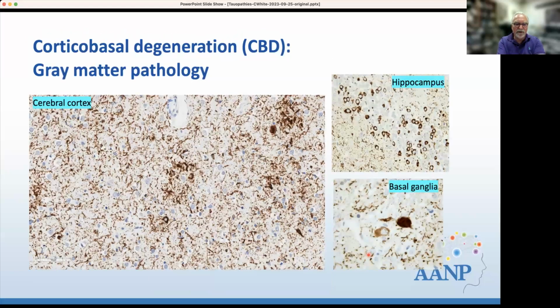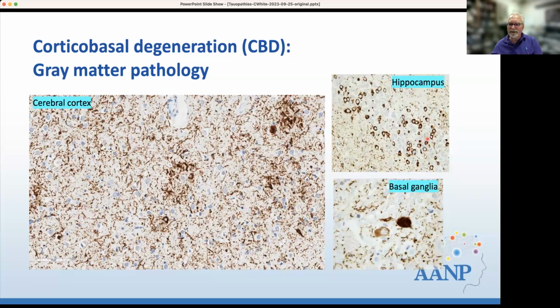If we look at higher power at the cerebral cortex in this large image on the left, we see these accumulations of 4R tau immunoreactive processes that are reminiscent of the senile plaques of Alzheimer's disease, but these are, when double labeled for GFAP, actually in the processes of the glial cells, probably astrocytes. So these are the glial plaques that are characteristic of cortical basal degeneration. You also see that there are a lot of threads in the background, probably also mostly derived from glial cells, maybe some neuronal component as well.